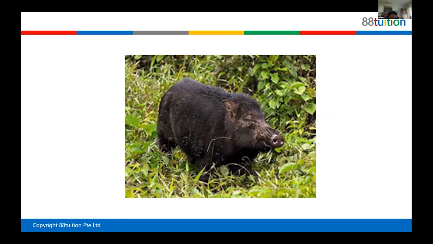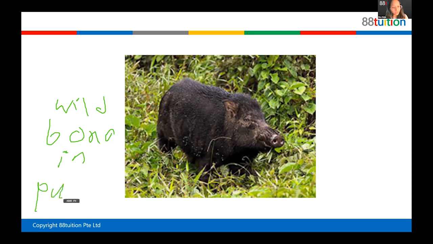A pig. It's a boar. Now, what's the difference between a boar and a pig? Very good. Give that a point for trying. A boar is a wild pig. It is bigger and it also has a tusk. You can't really see it in a picture, but a boar has tusks, like teeth sticking out. It is darker, and sometimes it's castrated. They actually remove the private parts because humans are horrible.